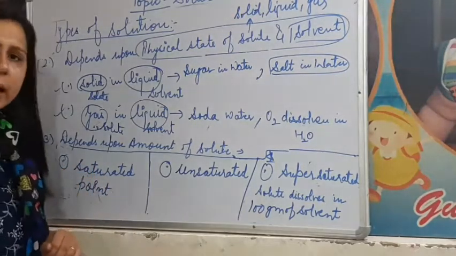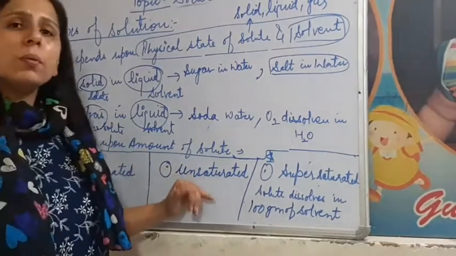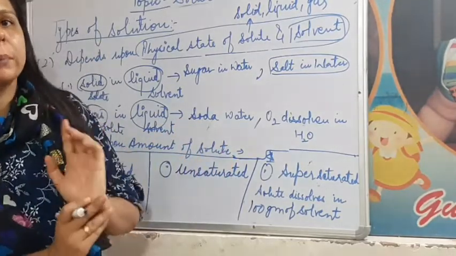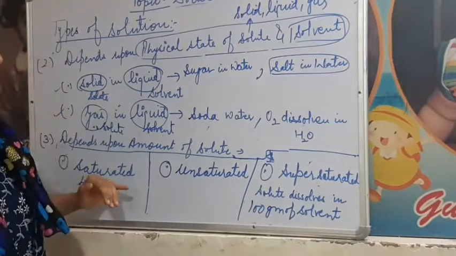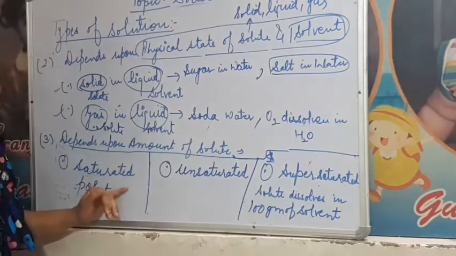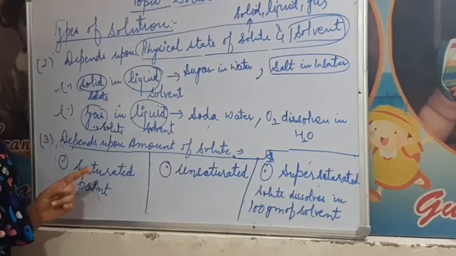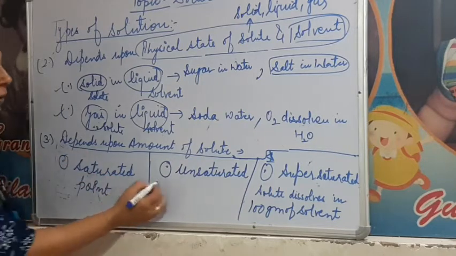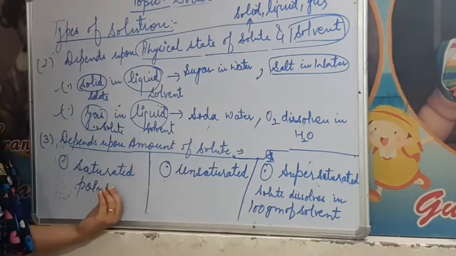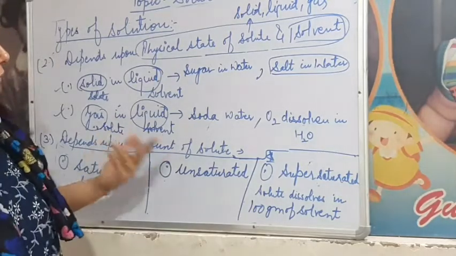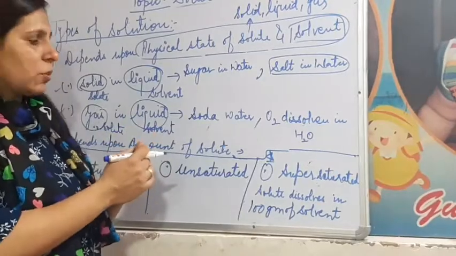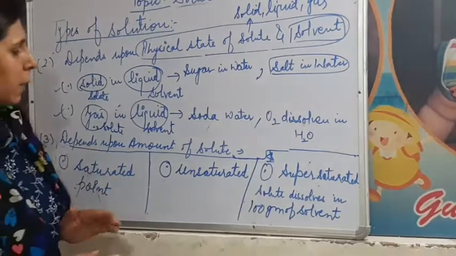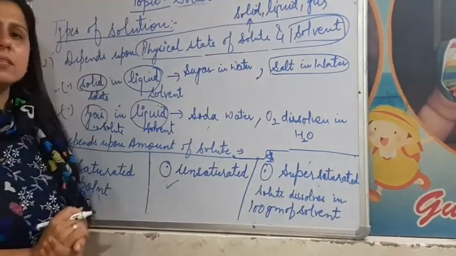So a saturated solution can be defined as when no more solute can be dissolved in a particular amount of solvent at a particular temperature. Take care of one point here. In a particular amount of solvent and a particular temperature, when no more solute can be dissolved, that solution is named as saturated solution. Next one, unsaturated. Of course, it is the opposite of saturated. When you are dissolving an amount of solute in a solvent and it easily dissolves in that solvent at a particular temperature in a particular amount of solvent, then the solution is named as unsaturated.